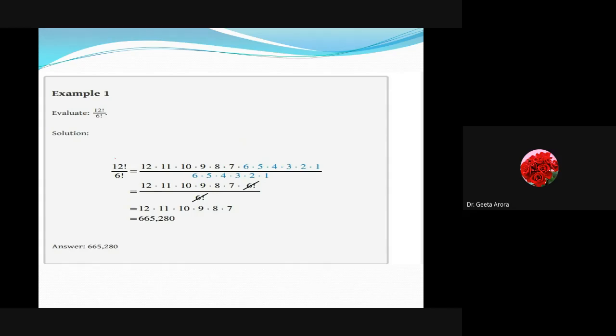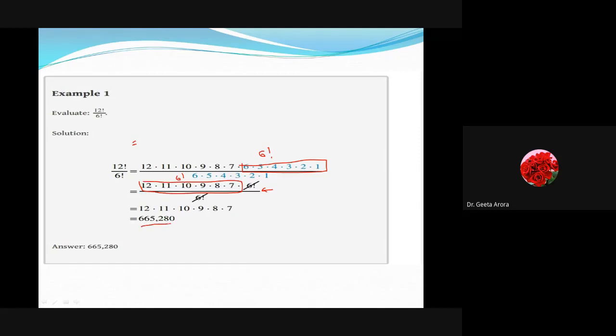But since we are mathematics students, we have done a lot of work till now. How can we do it? We can write it as 12, 11, 10, 9, 8, 7, and I will stop at 6 and write 6 factorial, because we know this whole is going to be 6 factorial. So there is no need to write it as a whole, you can just write 7 into 6 factorial. And here we already have the denominator as 6 factorial, so you can cancel it out. What they have done in the second step, you can do directly also, correct? So when 6 factorial and 6 factorial cancel out, you will get this product 12, 11, 10, 9, 8 into 7, and this will lead to this answer.